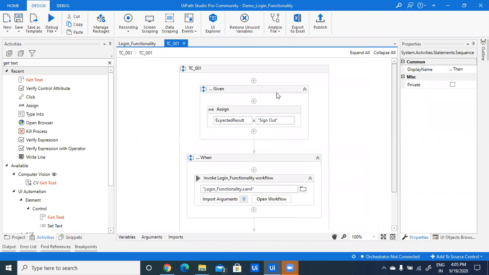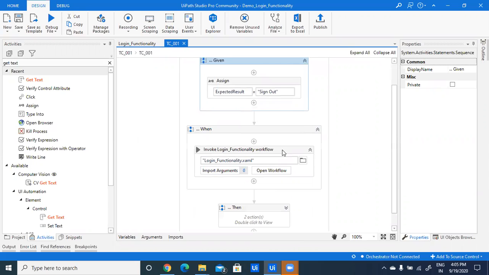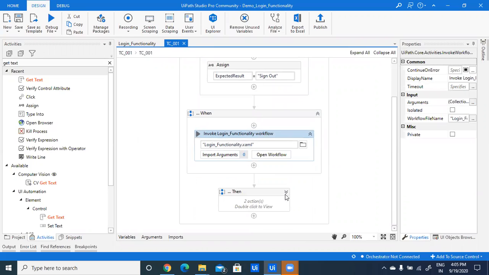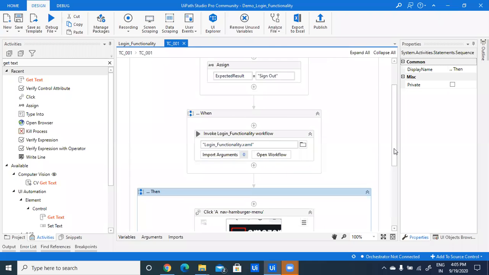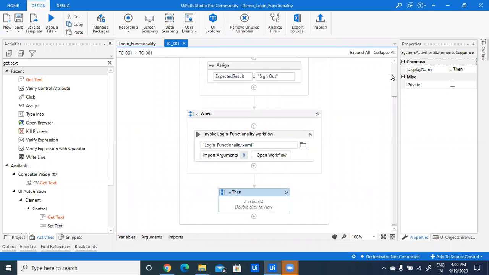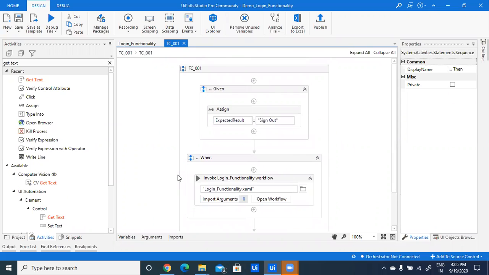So in the given section, I have provided data that is expected result, and in the when section, we are providing a workflow, login functionality workflow, and in the then section, we are using a verification activity. So I will execute this test case from UiPath Studio Pro,